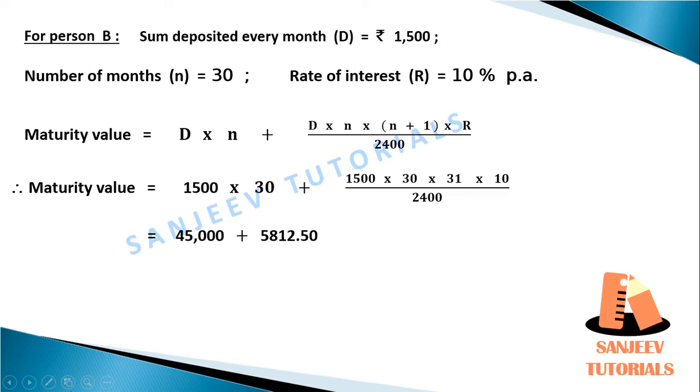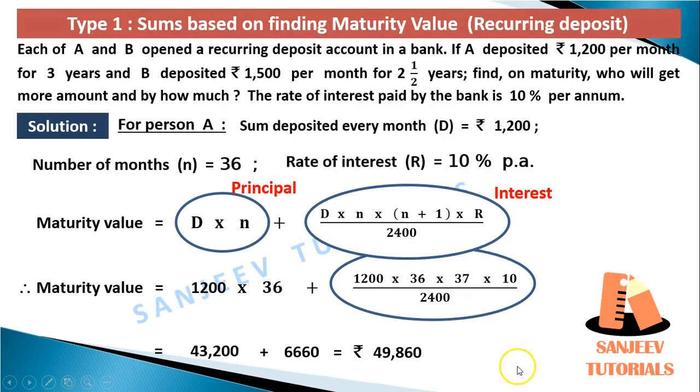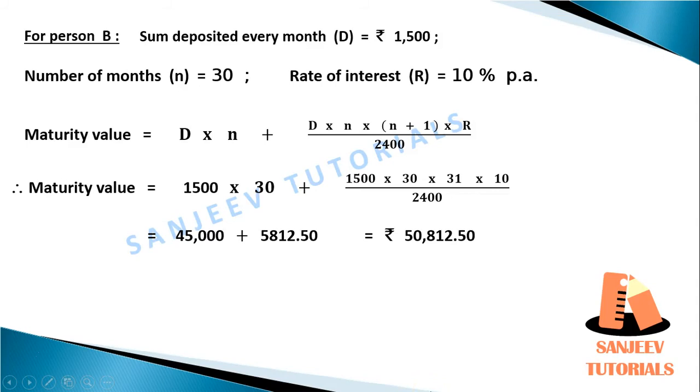1500 into 30, that is 45,000, and the interest part here on simplification gives me 5,812.50. So maturity value for person B is rupees 50,812.50. Okay, let us compare this with person A. For person A, maturity value was 49,860, and maturity value for person B we have got